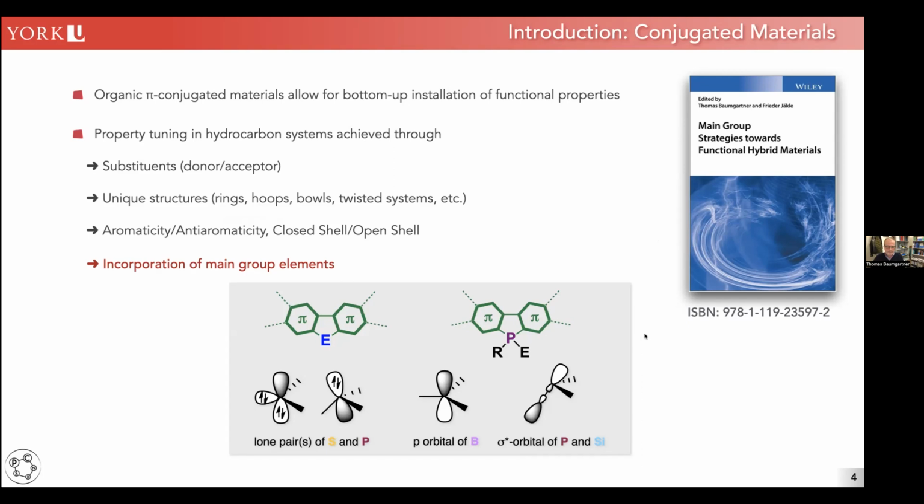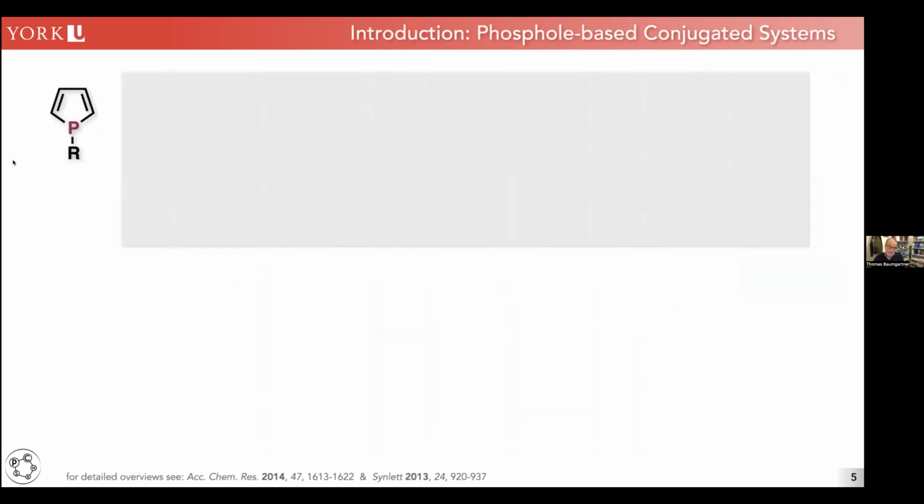Now, again, phosphorus still plays a major role in this 5-membered ring system. Phosphole is a main component in many of the materials that we're working with. And phosphole is very interesting because it has completely different properties from pyrrole, which is its little brother. Obviously, you go in group 15, one element up, you have nitrogen there. In contrast to pyrrole, phosphole is actually not planar. It's pyramidal at the phosphorus, and ultimately has a much weaker aromaticity as well, because the lone pair doesn't actually delocalize with the pi system.